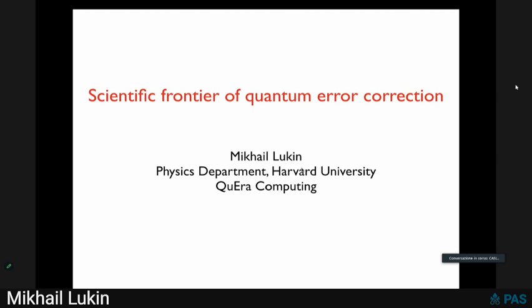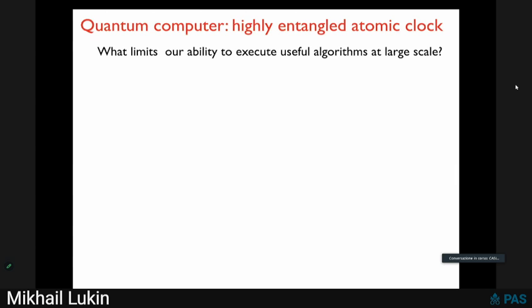But since I'm now in a metrology session, maybe I'll start by noting that a quantum computer in reality is just like a highly entangled atomic clock. And of course, this kind of precision of an atomic clock is really staggering. What's different for a quantum computer is that to really enable quantum computation, we cannot just let our atoms, our qubits, idle. We need to constantly entangle and disentangle them.